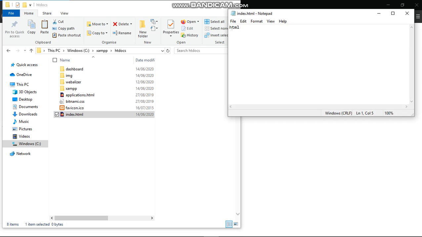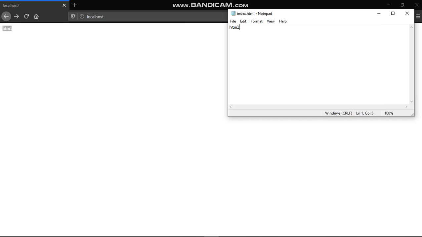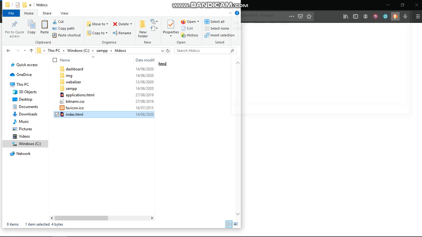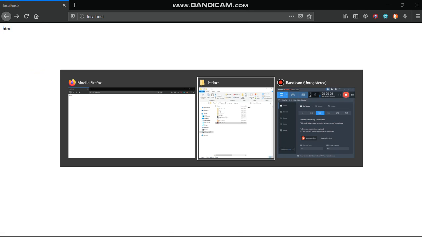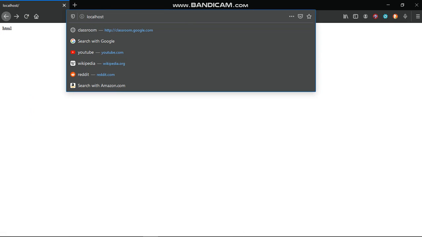Okay, Ctrl S. Now if we reload, bam, it's showing HTML because I have an index. So an index is like the first page your server will go to, immediately opening a folder. But I accidentally deleted my index by mistake a long time ago, so I'm just going to go directly there.